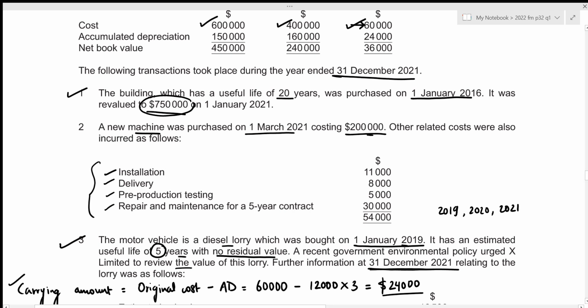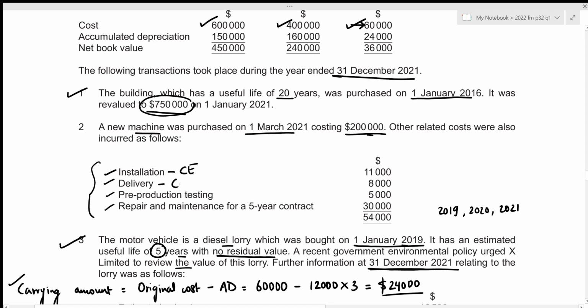So the very first one is installation, and installation needs to be done only once. It does not need to be done time and again, which means that this is a non-recurring expense. So we can categorize it under our capital expenditure. The second one is delivery. Again, delivery does not need to be time and again. Once the machine is delivered, it is always going to be at our factory, right? So it is also a non-recurring expense or a one-time expense, which means that this should be included in our